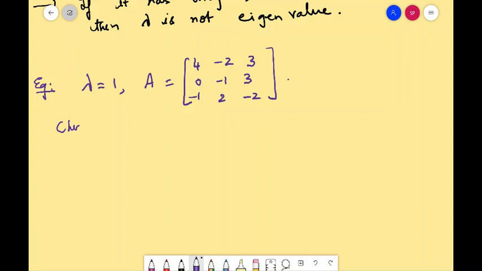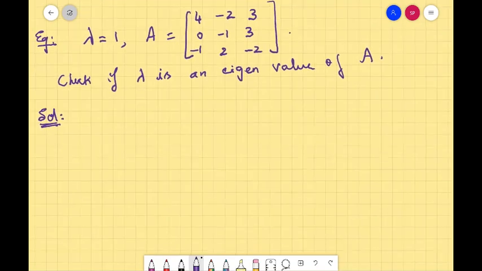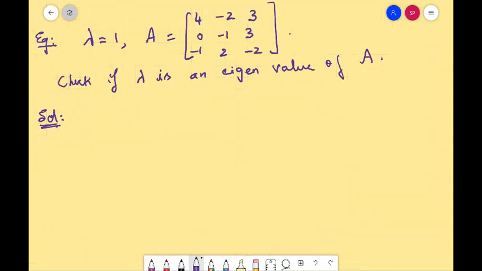Then check if lambda is an eigenvalue of A. So, if lambda equal to 1 is an eigenvalue of A, then